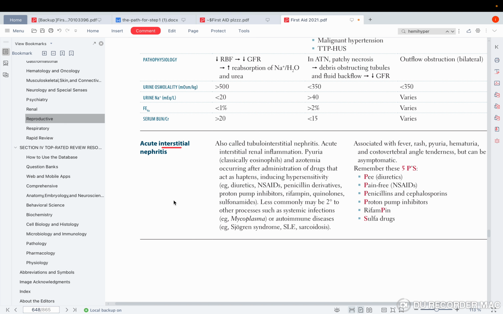Excellent. It will have a cast because it's affecting the tubules. So as you can see, it's tubular interstitial nephritis, so it will have a cast, and the cast will be white blood cells, and these white blood cells will be eosinophils, okay? So when you see, actually, let me give you this trick. If you see a cast that has eosinophils inside of it, don't think twice. It is which pathology? Acute interstitial nephritis.